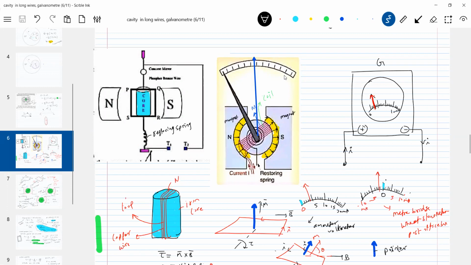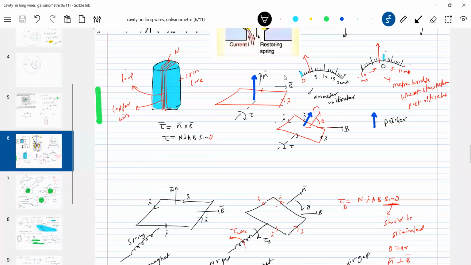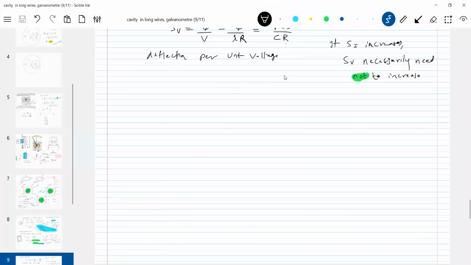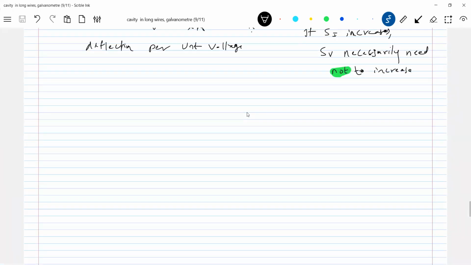So let me go for the experiment. Okay, this is a circuit. There's again one small formula I'll generate. What is the galvanometer resistance? Resistance offered by the galvanometer, by the half deflection method. The symbol we use is capital G, galvanometer resistance.